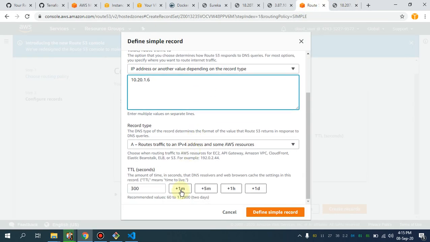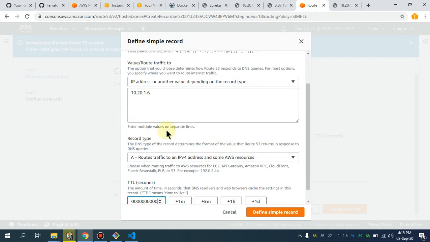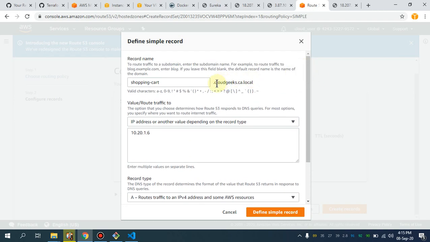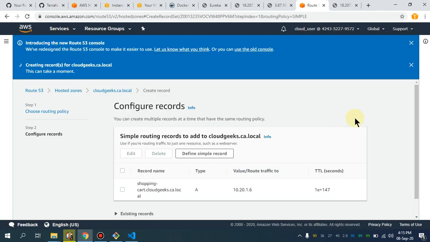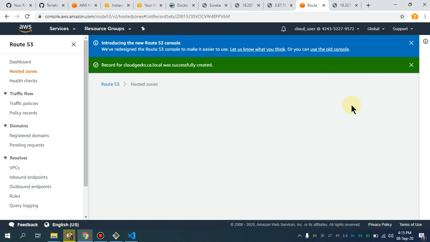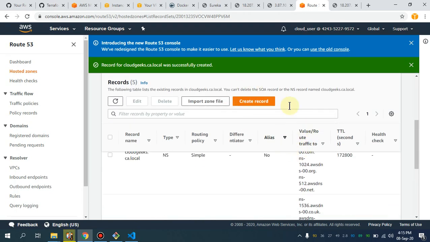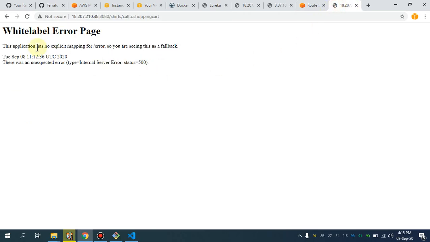I'm going to place this here, and TTL is going to be 10 seconds, just to make sure that there is no caching. Okay, create this simple record.